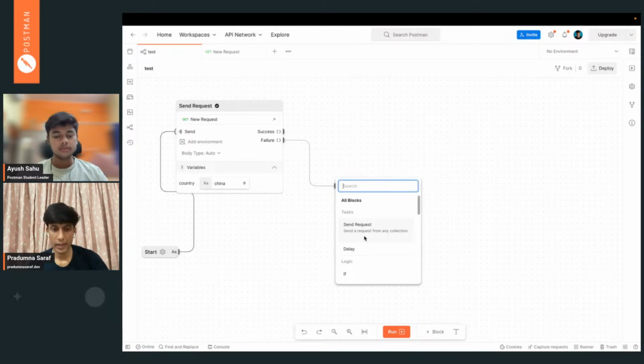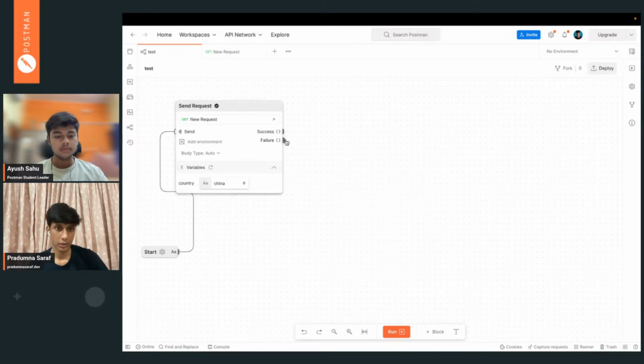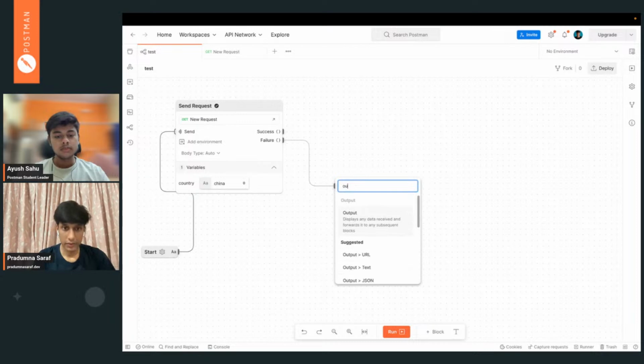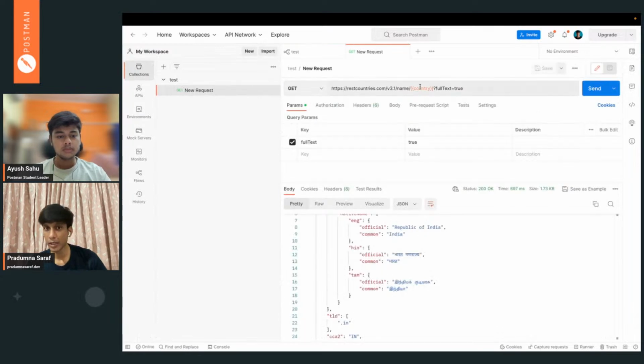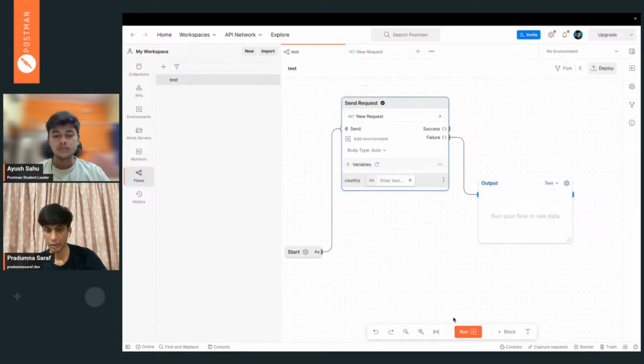So let me take a case for failure. This makes sense. First we get an output of the failure block just to test things out. For example, if it does not provide anything, here the key is empty, so it should throw an error because we are not providing anything. It is an empty block, and the API expects you to explicitly provide a country. So let me just hit a request and see if we fail or not. Okay, yeah, we are failing.